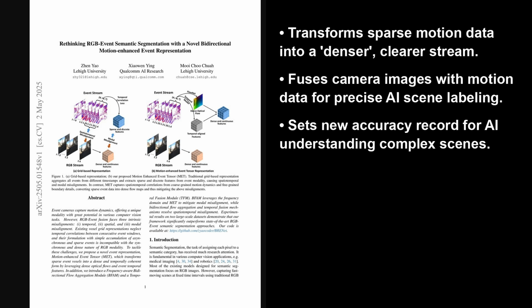Alright, so today we are looking at a paper from Hugging Face's trending list, published just 8 days ago on May 2nd, titled Rethinking RGB-Event Semantic Segmentation with a Novel Bidirectional Motion-enhanced Event Representation. This research paper tackles combining regular camera images with data from event cameras, which capture motion, for semantic segmentation. This means teaching AI to label every part of a scene. It proposes a new way to represent event data, the Motion-enhanced Event Tensor, or MET, making it dense and better